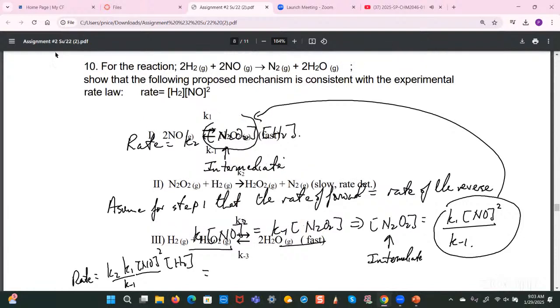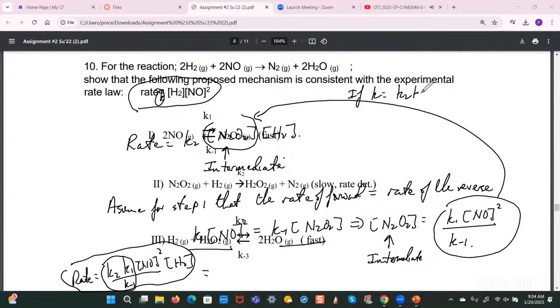Remember now, there was a K here, right? If you compare this equation to this equation, you'll see that they're basically the same. The only difference is that this K here would be equal to this collection of constants right here, right? So therefore, if K is equal to K2 over K times K1 over K minus 1, then